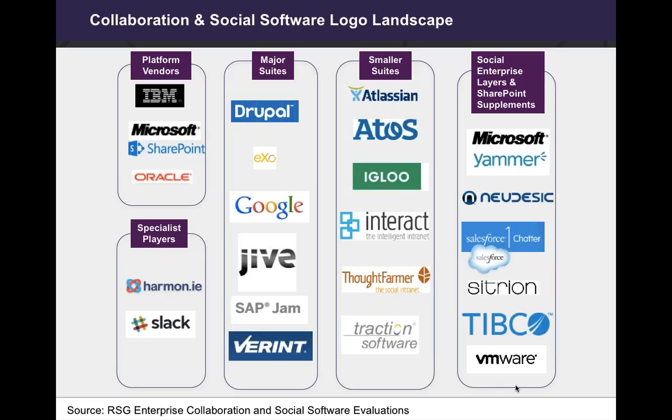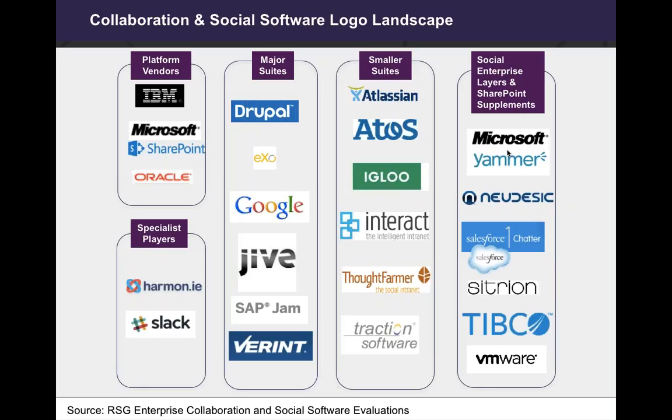Google is going after the enterprise market, but in essence, they're still very much an SMB play despite some big ticket deals that they've won. SAP's ambition seems to be limited to their walled garden itself, which is considerable in size. And Jive, of course, is a long-standing player with many global 2000 customers. A lot of interesting things are also happening in these smaller suites like Atlassian, and a lot of social intranet in a box vendors like Igloo, Interact, and Thought Farmer. And then you have these social enterprise layers and SharePoint supplements, Yammer, of course, being the most well-known, but also Nudesic,